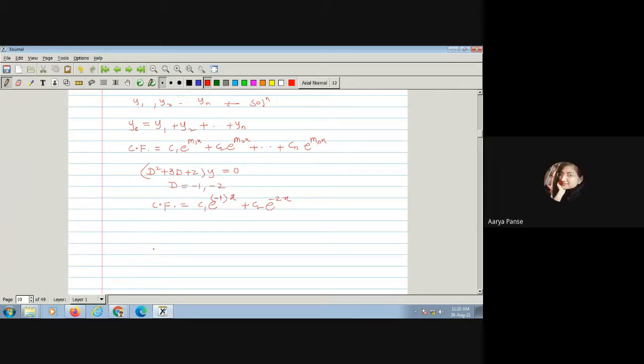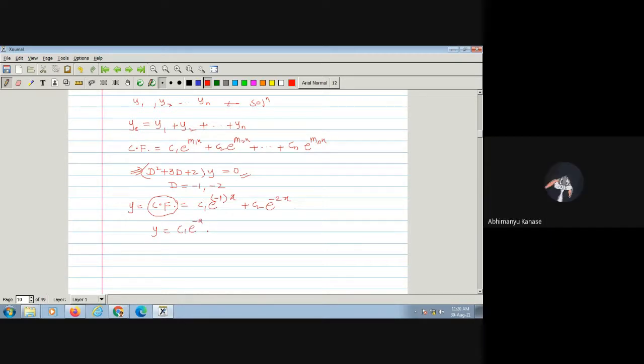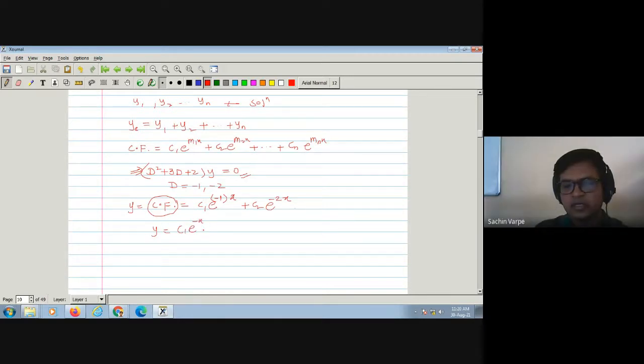Yes. So always remember, if the equation is homogeneous, then the complementary function is the only solution. The particular integral will not be part of its solution, because a particular integral exists only when the right-hand side is non-zero. So the complementary function is the only solution of this equation, and therefore we call it the general solution. Y is equal to c1 e to the power... Please repeat the complementary function. Yes, I'll repeat. c1 e to the power minus x plus c2 e to the power minus 2x. So that will be the complementary function and hence the complete solution of this equation.